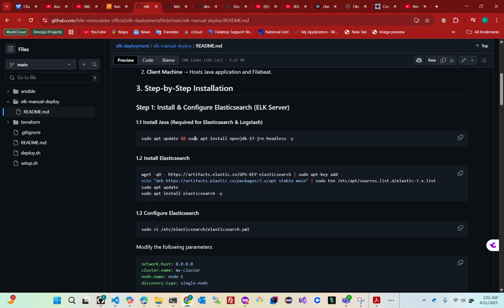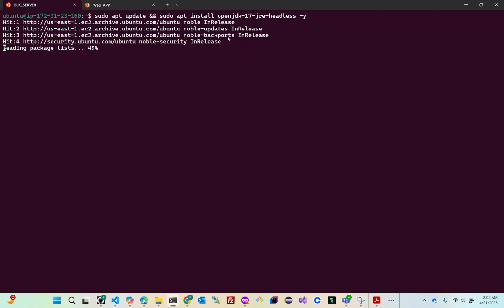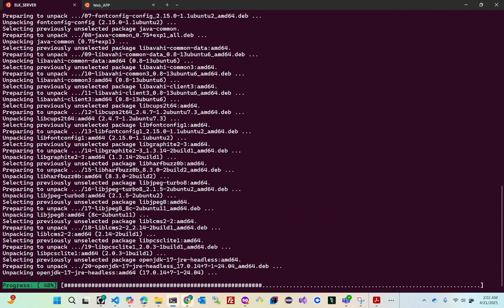So the first thing we want to do now is we have done sudo apt update and sudo upgrade. So the next thing we're going to do now is to install Java. Okay, so we copy this to here and install Java. So if you like, you can remove the sudo apt update because you have already run it before, and you can just run sudo apt install openjdk. But that's still okay. We can still do it like that. So I'll click enter so that I can install Java, and after that,